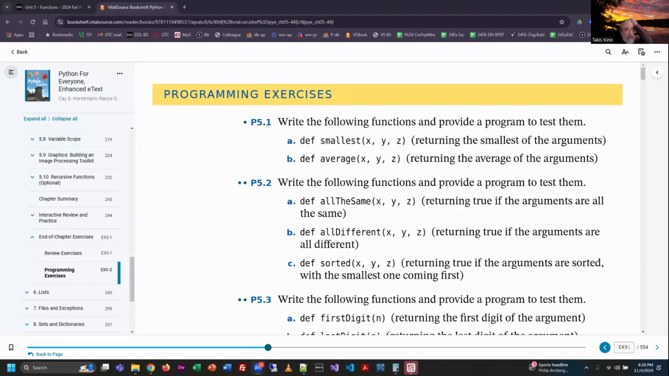Welcome, everybody. We're working on the chapter 5 exercises tonight. We have a few of them to go through, and we're just going to plow down the first